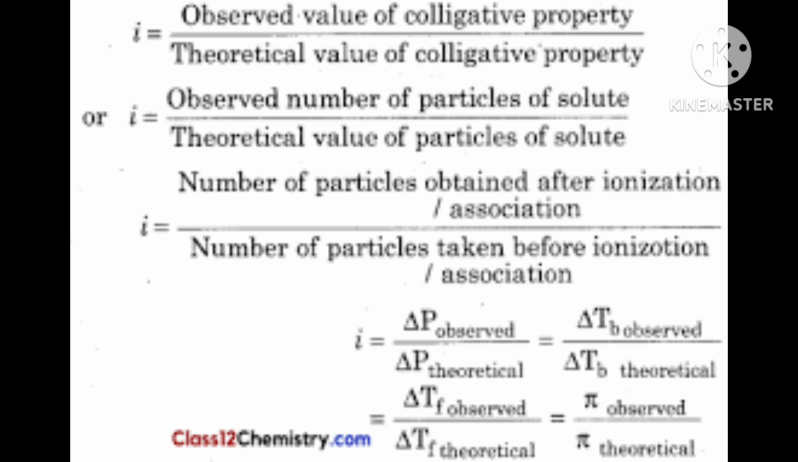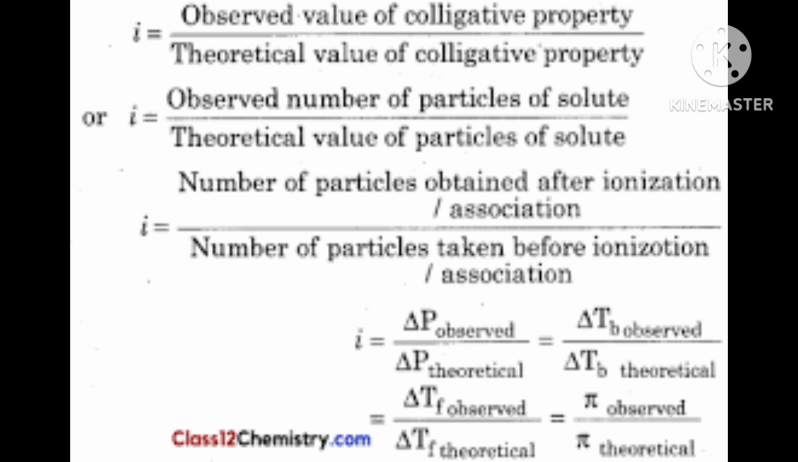One example I am giving you: if we dissolve 1 mole of KCl, potassium chloride, its molecular mass is 74.5, KCl 39 plus 35.5, that is equal to 74.5. Then if we dissolve 1 mole of KCl in water, we expect 1 mole each of potassium and chloride ions to be released in the solution. If this happens, there would be